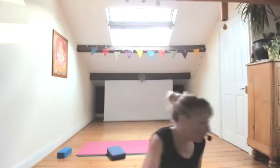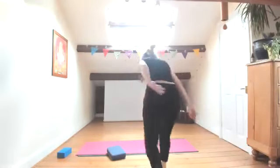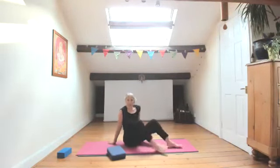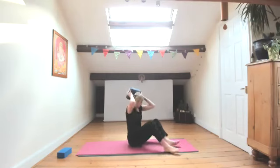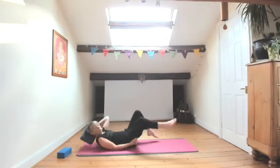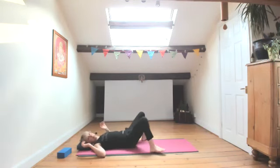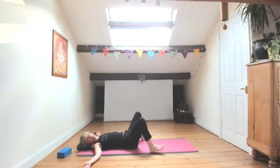Okay, so let's start lying down on our backs actually, and you can have a block underneath your head if you want to, and just take your feet as wide as your mat and take your arms out to the sides. So bend your knees,